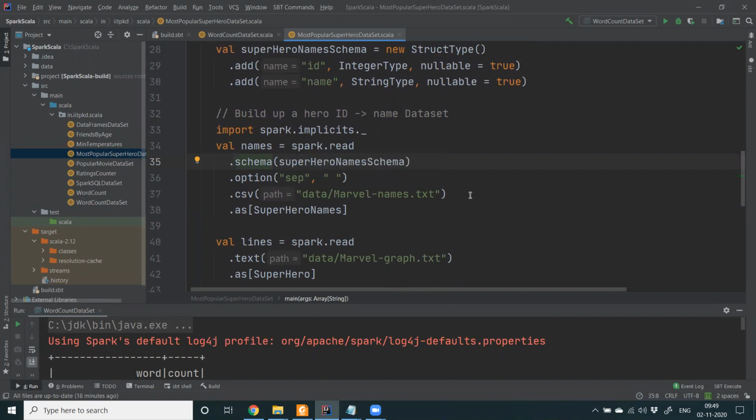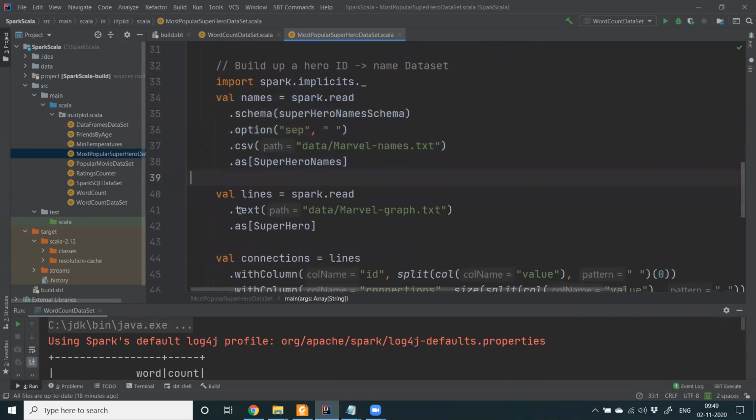Here we are just creating this data frame through this schema, and then explicitly converting it into a dataset through as SuperHeroNames. Next, we have created the lines dataset from the superhero schema. So now we have these two datasets, names and lines.